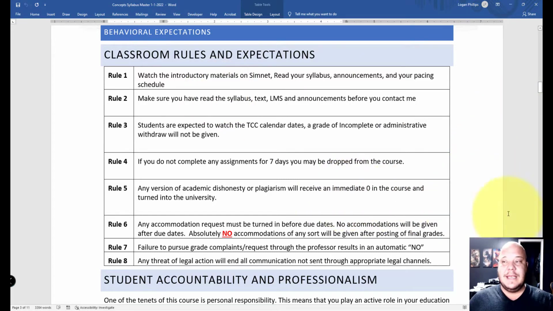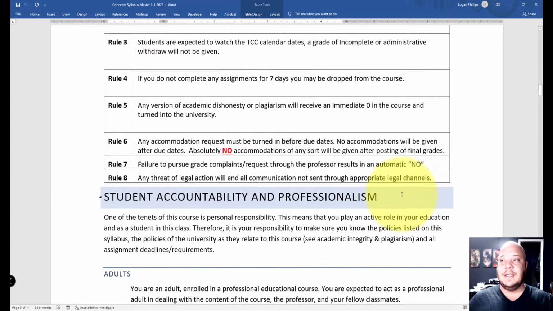Rule 5, any version of academic dishonesty or plagiarism will receive an immediate 0 in the course, and you will be turned into the university. Now, this is an important piece. I am a zero-tolerance professor when it comes to academic dishonesty, academic integrity issues, and plagiarism. If you use your work from a previous semester, that is plagiarism. If you decided to pair up with another student and each do half, that is plagiarism. That's academic dishonesty. If you go online and find the work and copy it to your work and upload it,